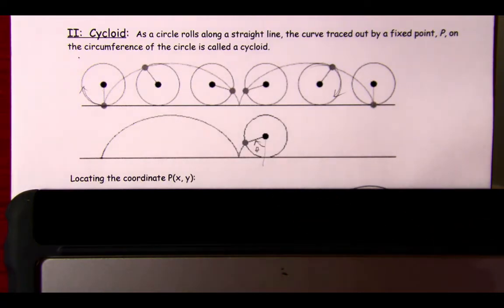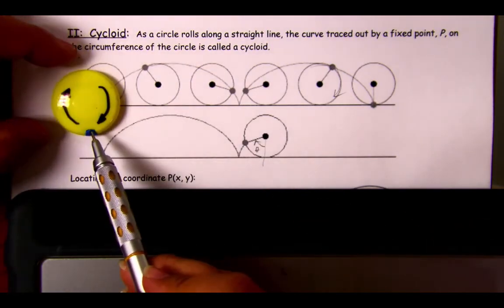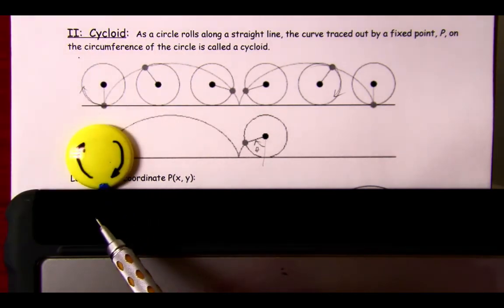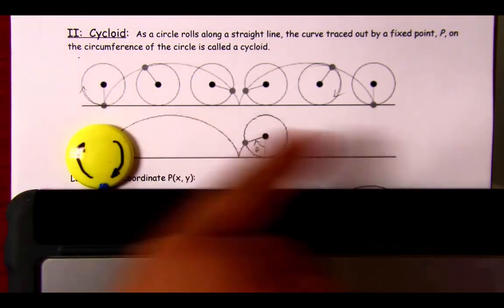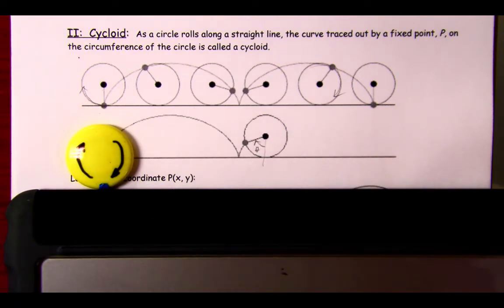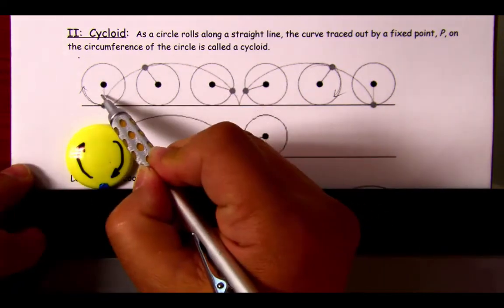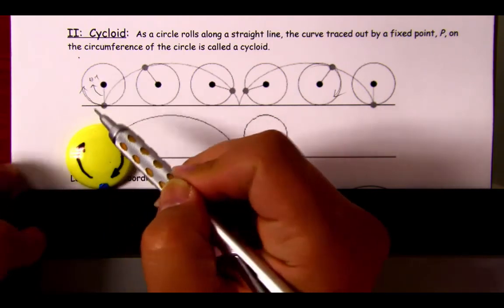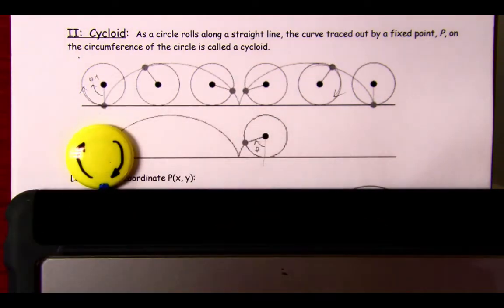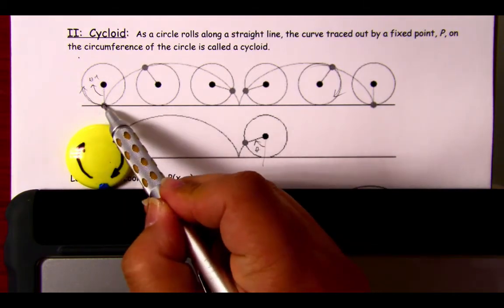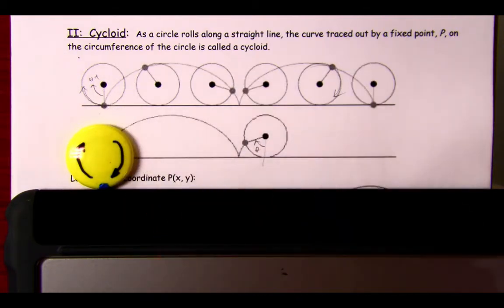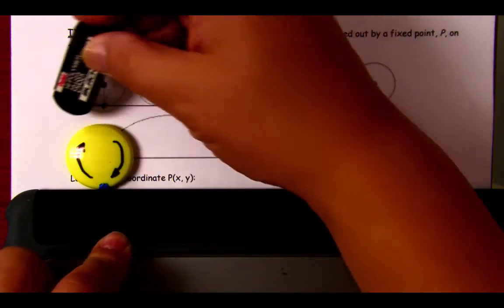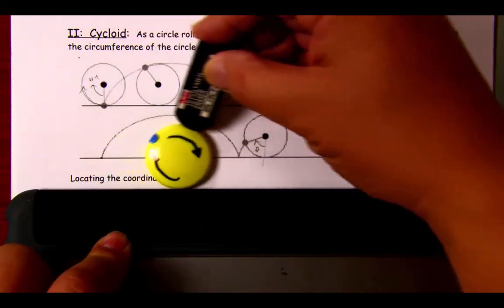To give you a little more visual of what it's like, look at the blue dot over here. It's pointing down. That's the starting position. But because we're moving along this way, we need to make sure that the angle measurement this way is positive. Clockwise is positive, starting at vertically down. Okay, so our reference point is a little bit different. So what it will look like, guys, is follow the arrow. It's moving like this,